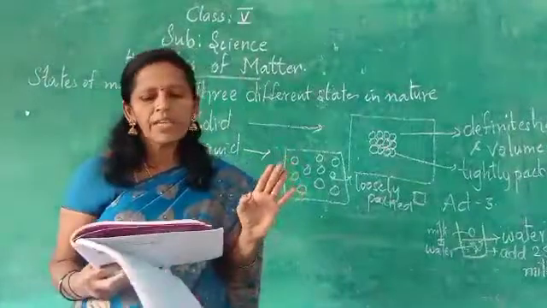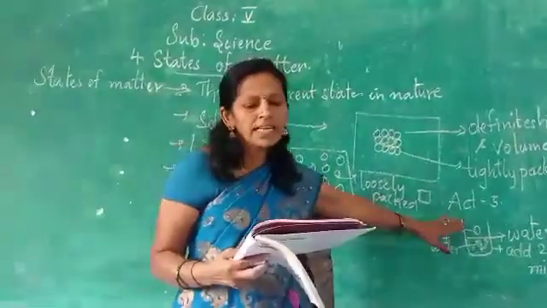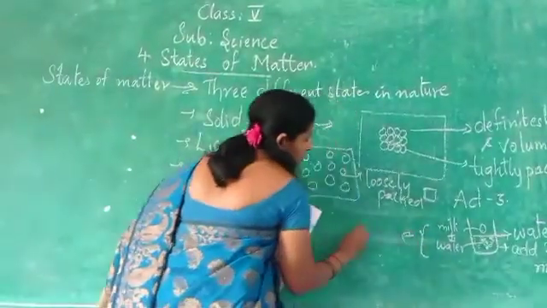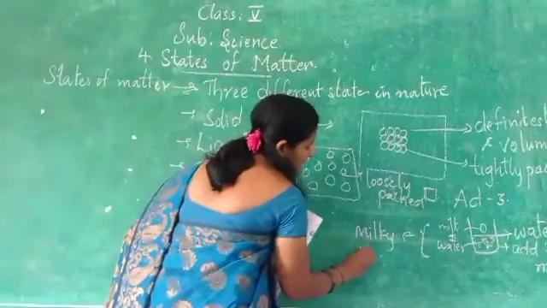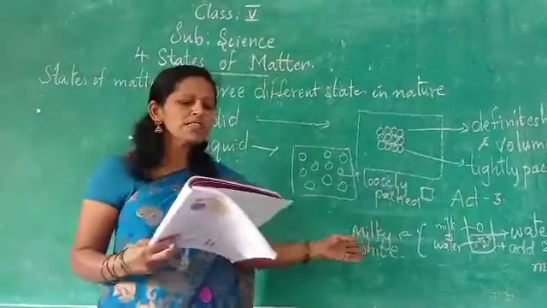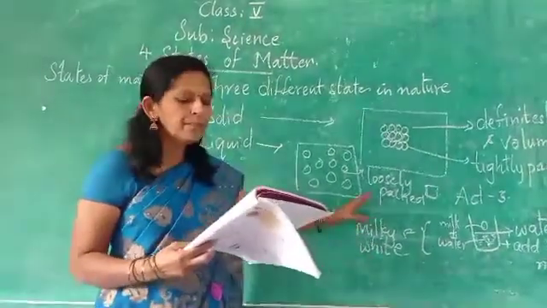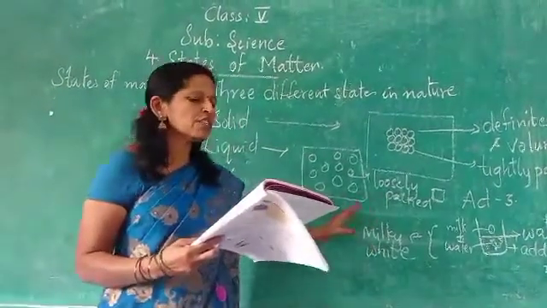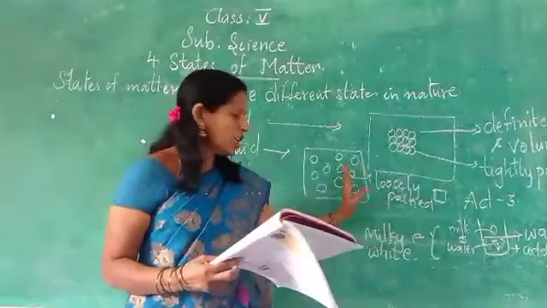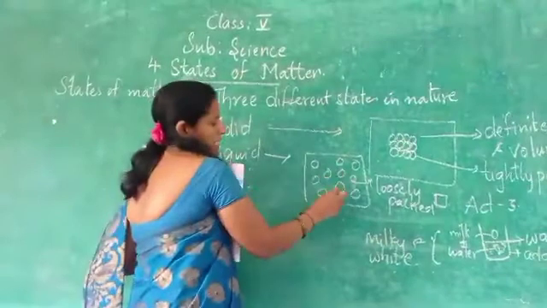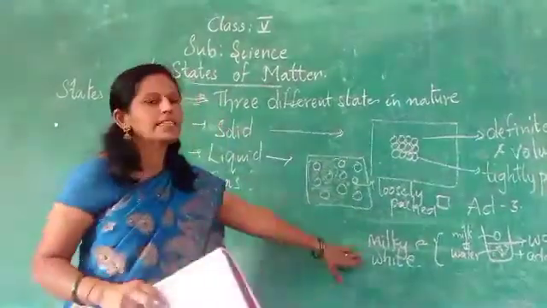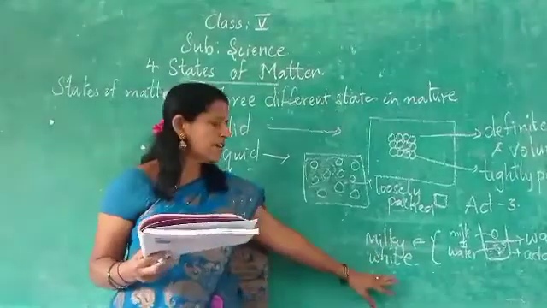What do you see then? The whole water in the glass becomes milky white in color. This is because the molecules of milk fill the spaces between the molecules of water. Whatever space between the molecules is there, it has totally filled up. That's why it has taken the shade of milky white.